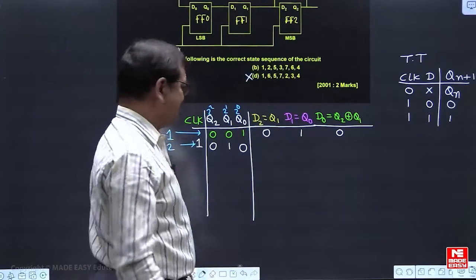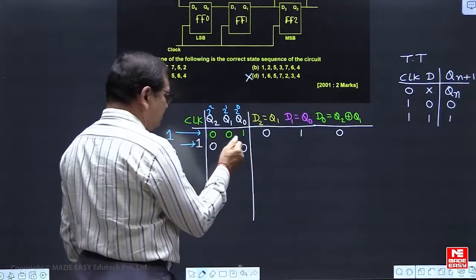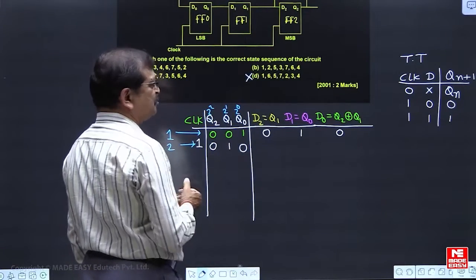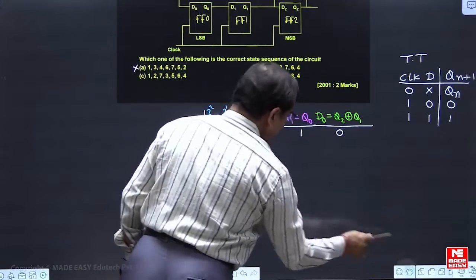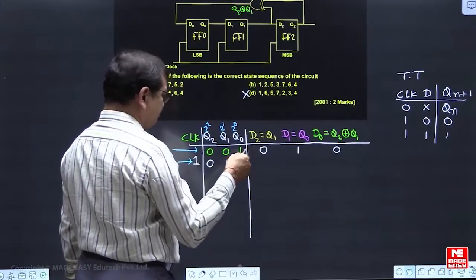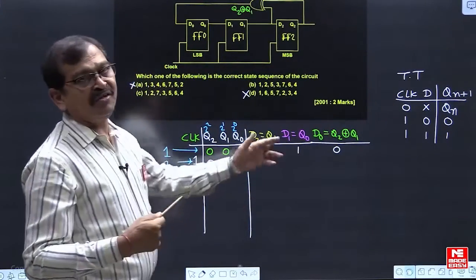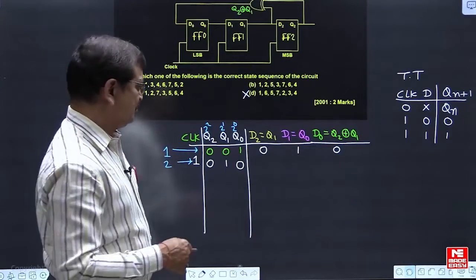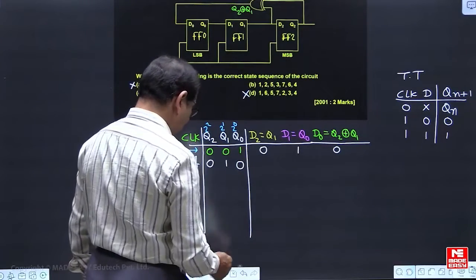This is a multiple choice question only। So now this is the present state of this counter। Now we are looking before clock signal, what are the inputs of the flip flops। So Q1